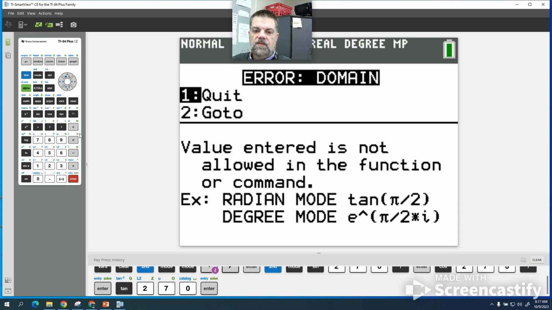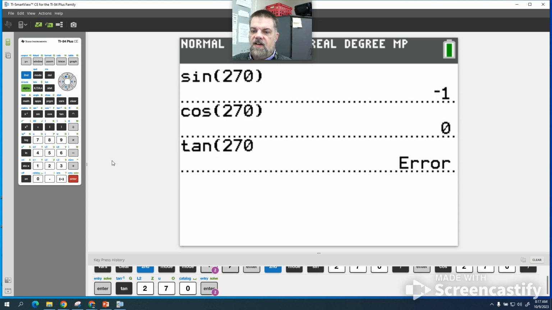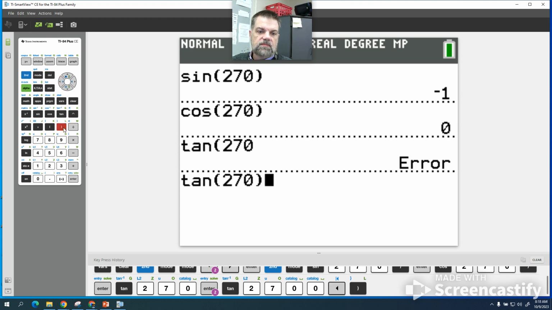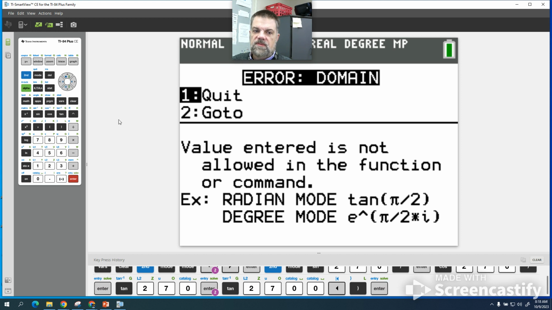Uh-oh. What's wrong? It's not allowed. It's undefined, right? Let's try it one more time, maybe because I didn't put the parentheses. No, it's not allowed. It's undefined. So now